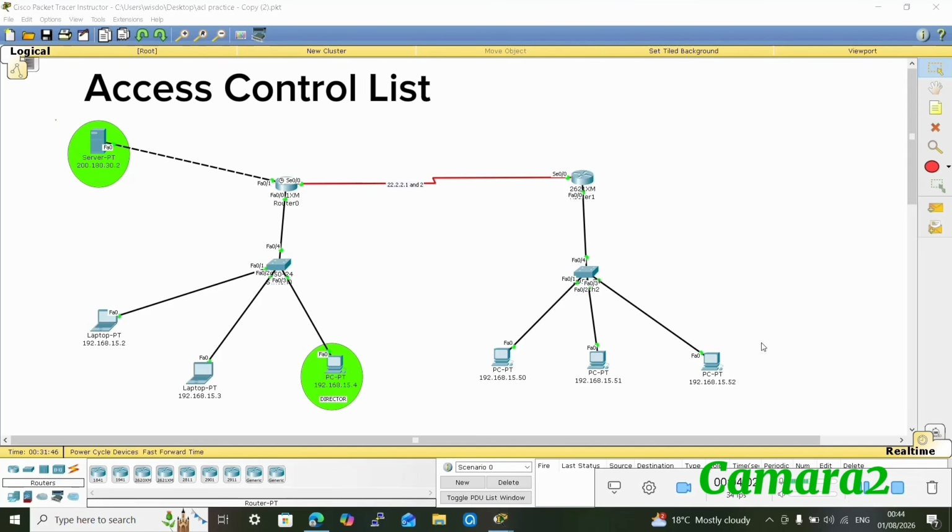Now that we confirm all the devices have access to the server, let's do our ACL configuration. As we said earlier, when configuring the access control list, it is always advisable to do the configuration on the router closest to the destination. In this case, this server here is our destination, and the closest router to it is here. If we leave this router and do our configuration here, it will not be effective. So we should come to the closest router to our destination, which is this router one here. So we click on it,